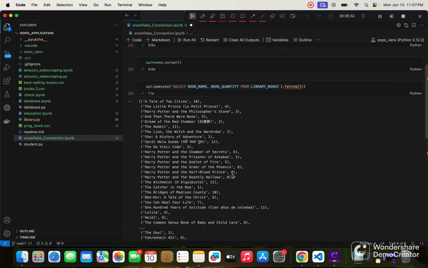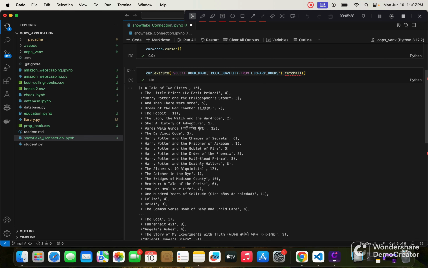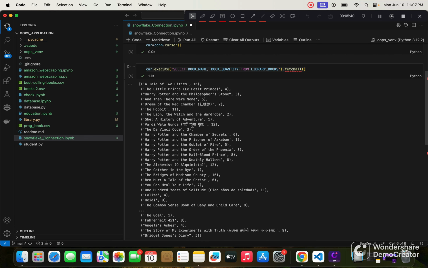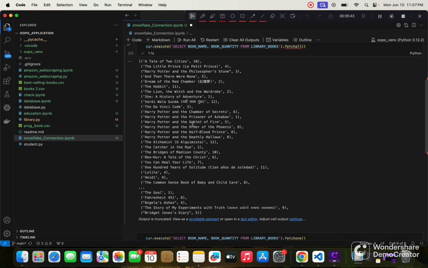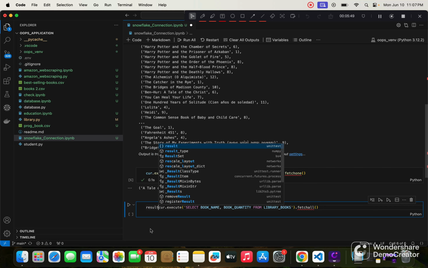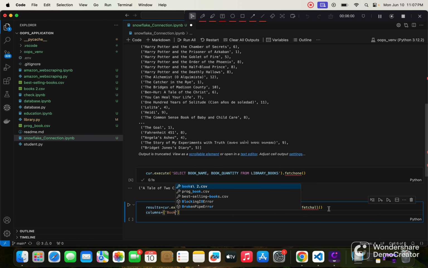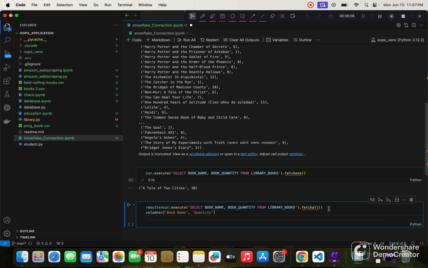Okay, so now this is coming in a list of tuples format, and it is not in a usable form right now. So I want it in a usable form. For that, I can store it in a variable, and I can create columns equal to book name and quantity. So this is going to be the names of the columns, and for that I can do df